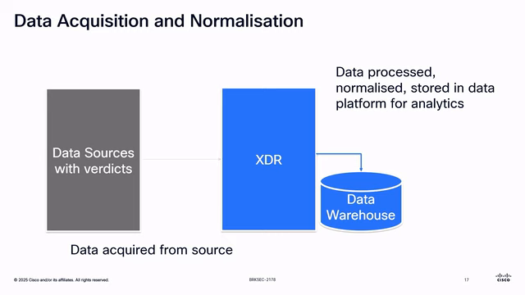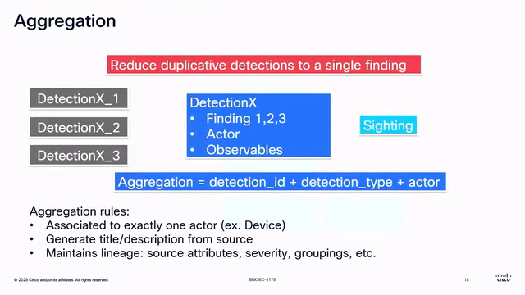Once it's there, the analytics then runs on it. So how do the analytics work and what do we do? So all of the detection findings land in the data warehouse. We then do a correlation and aggregation process. So aggregation happens first. What is aggregation? Aggregation is taking,